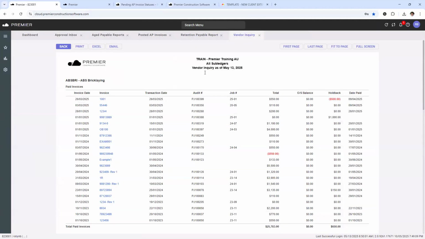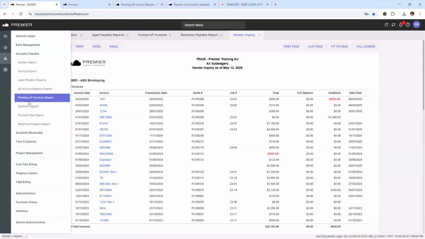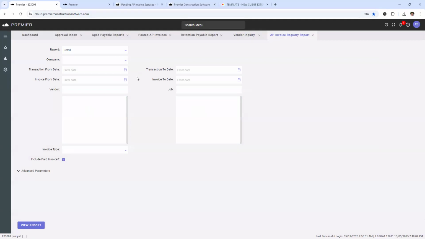So that vendor inquiry report, really useful to see detail if you're analyzing one vendor and you want to see all invoices relating to the vendor, then definitely have a look at that one there. Similar, but very slightly different, is the AP invoice registry report. So this report will only show you invoices that have been posted in the system. It won't include